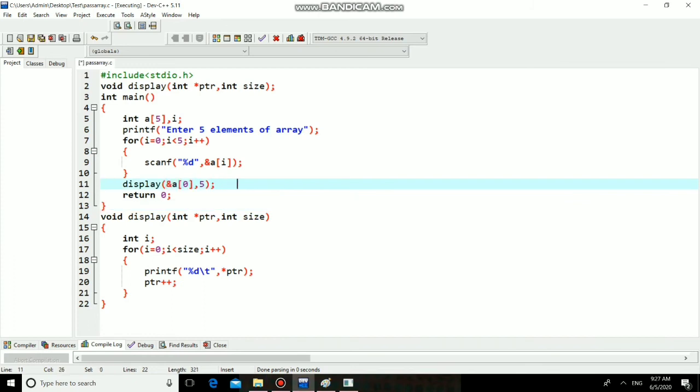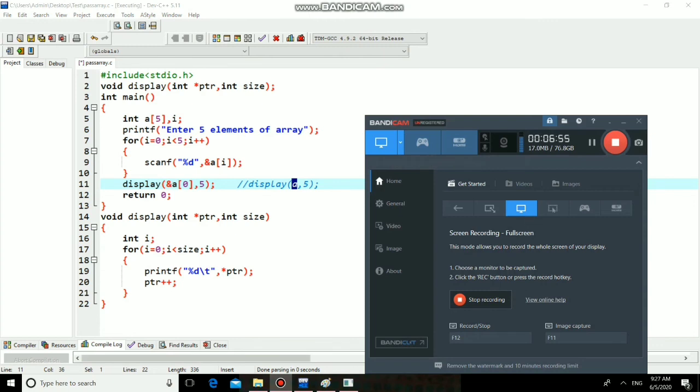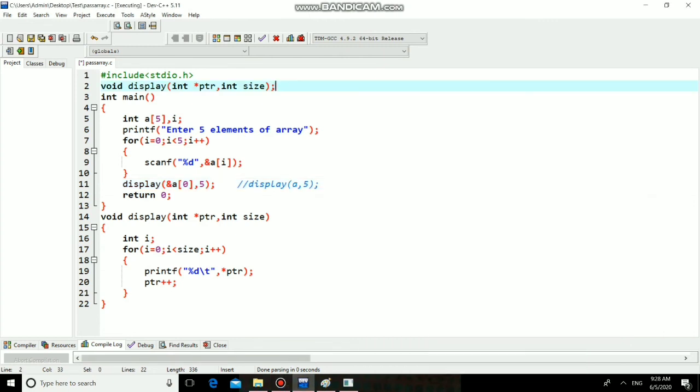So this is one method, and you can also pass the base address of the array by passing the name of the array. That is also correct. The name of the array is itself the base address of the array. So instead of using the address of a of 0, you can also use the name of the array. This is also one of the methods, getting, to pass the base address of the array.